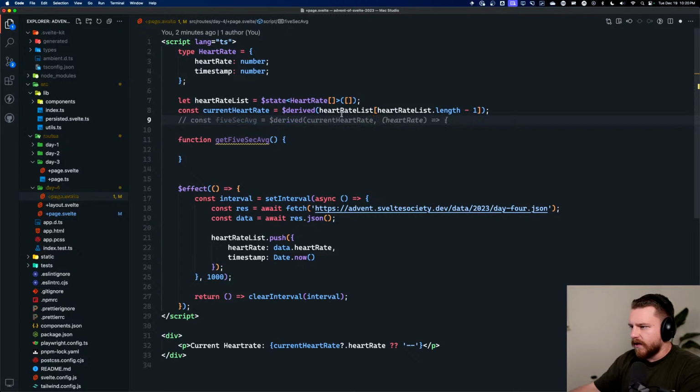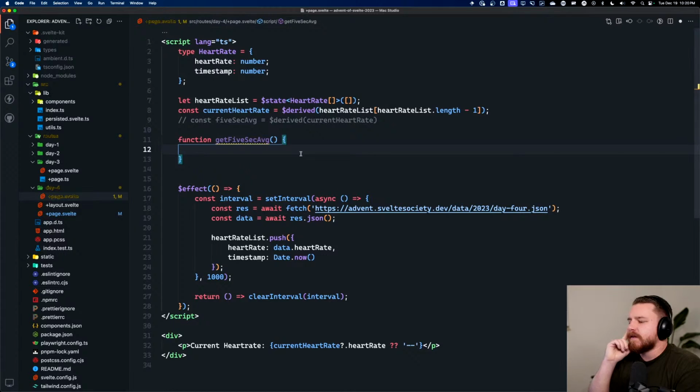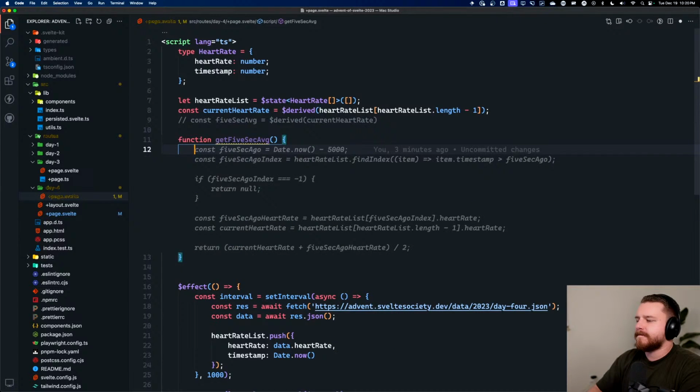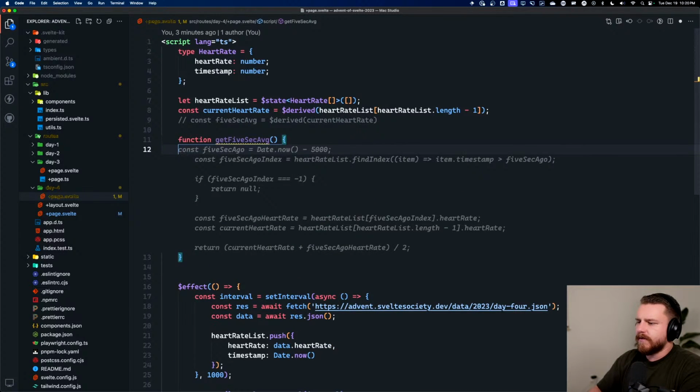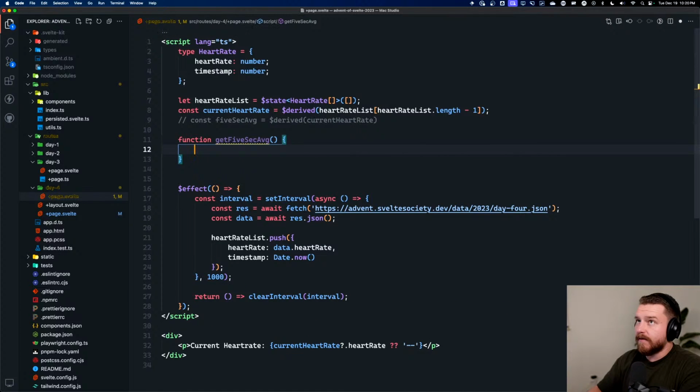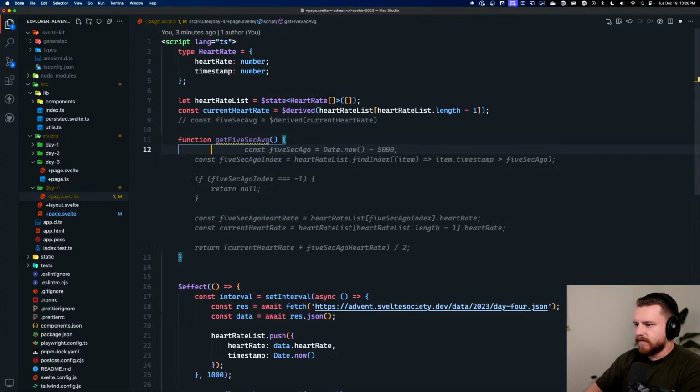So this is eventually going to go in here, but this also, I don't know, I should actually be able to derive, I think, from it. It's going to re-execute this every time the heart rate list updates, which is happening every second, so I think it should be fine. So basically what we need to do is we